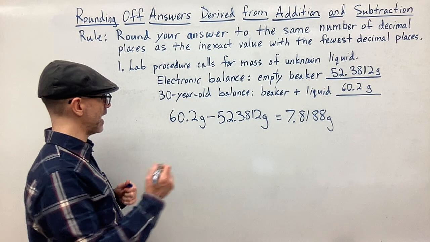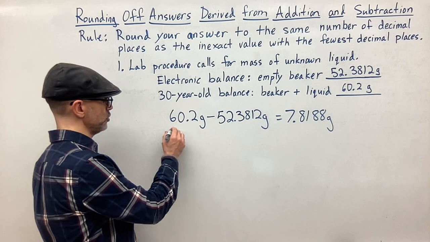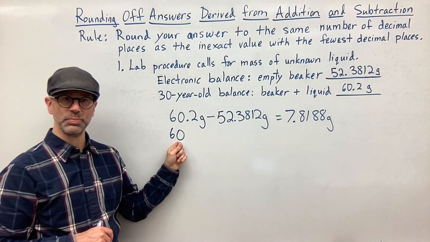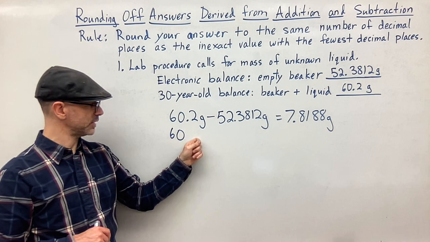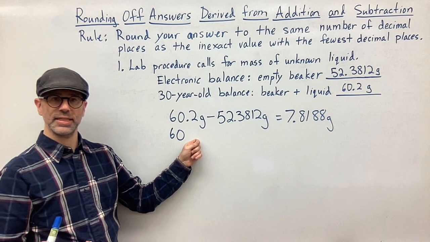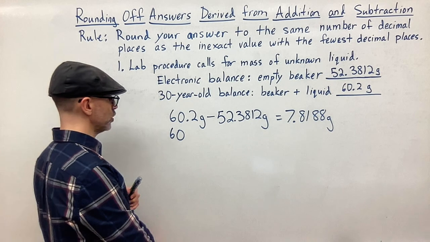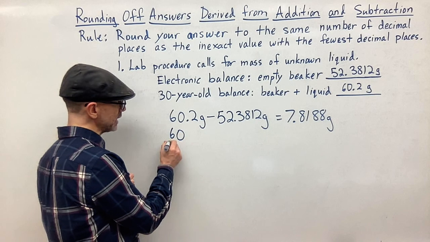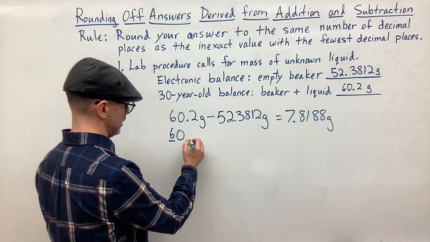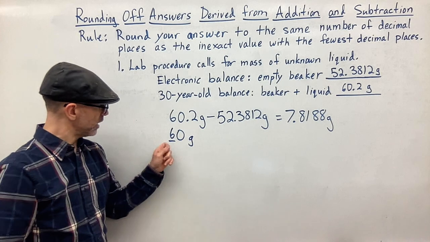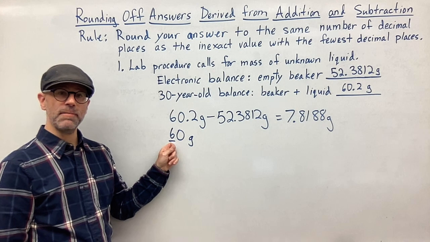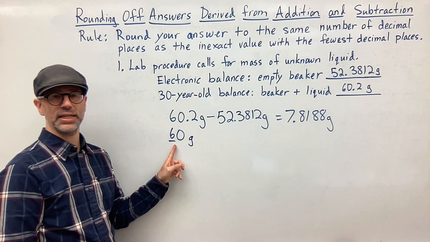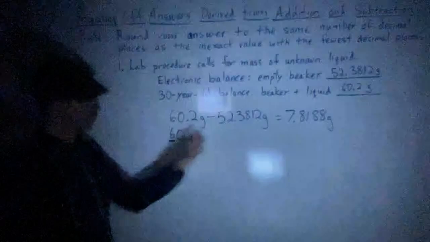Because you could have something like, say, instead of 60.2, you could have 60. The last digit here is in the ones place, and you would say there are no decimal places there. But since there's no decimal point here, let's say this is 60 grams, that 6 is the only significant figure in this measure. So really, the least decimal place is the tens place here. So if I'm going to add this with some other number,